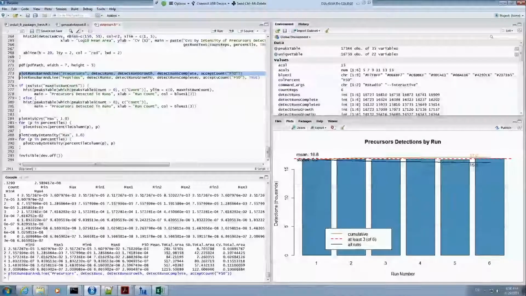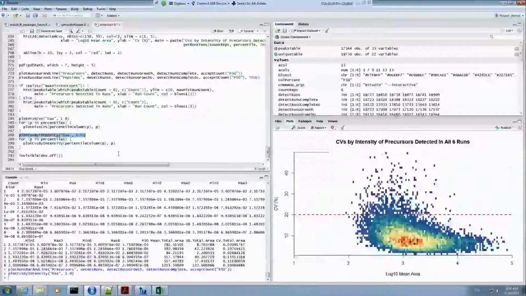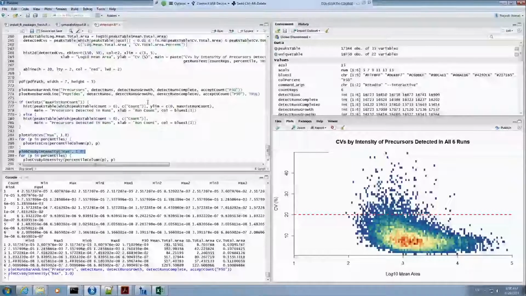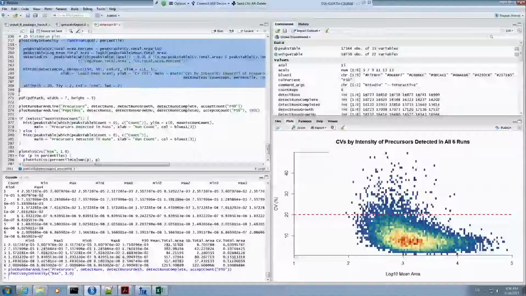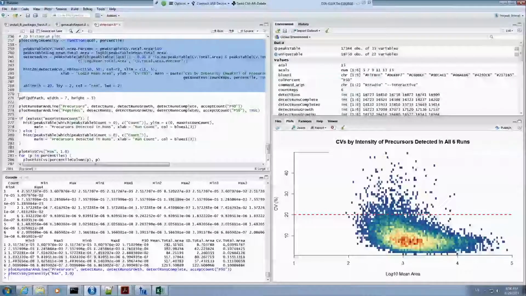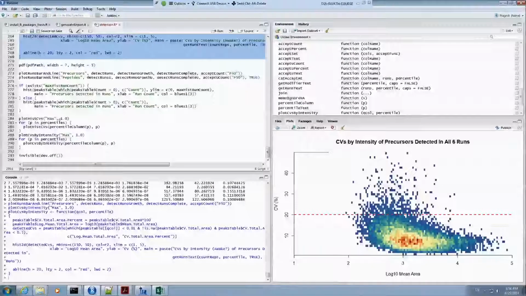And here's where I call plot CVs by intensity. So I can select this line and Control-Enter. And there's my plot CVs by intensity in RStudio. And I could go, I don't like that title. I want it to say, I don't know, whatever I want it to say. I can go up in here and say, and now I have to select this function and say Control-Enter to redefine it. And I can go back and